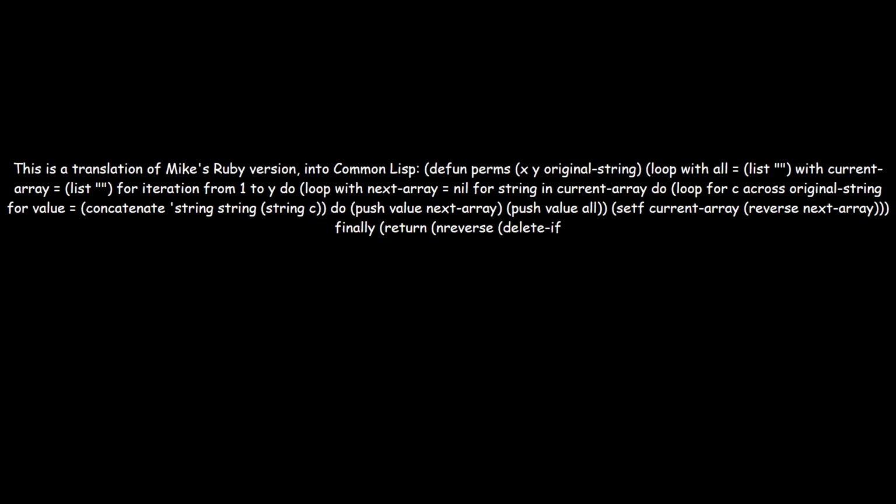And another version, slightly shorter and using more loop facility features. (defun perms (x y original-string) (loop repeat y collect (loop for string in (or (last sets) (list "")) append (loop for c across original-string collect (concatenate 'string string c))) into sets finally (return (loop for set in sets append (loop for l in set when (>= (length l) x) collect l)))))